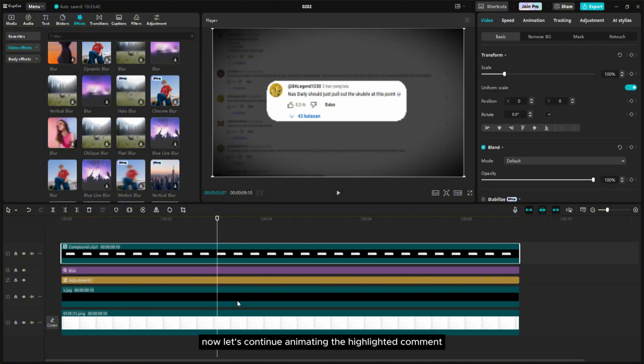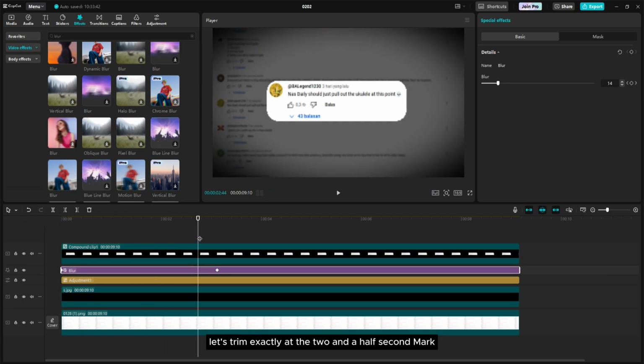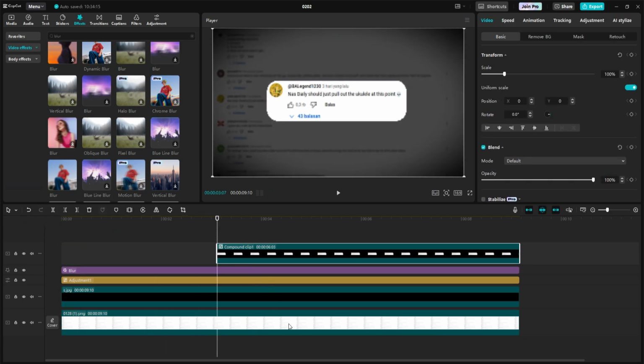Now let's continue animating the highlighted comment. First, let's trim exactly at the 2.5 second mark. Now add a keyframe. Move forward about 1 second, add another keyframe, then move forward another half second and add another keyframe.